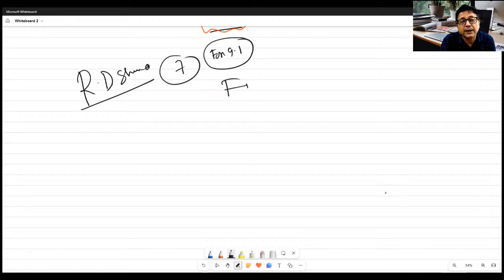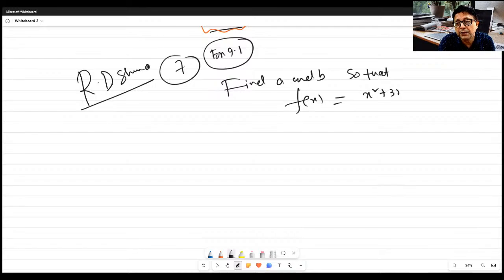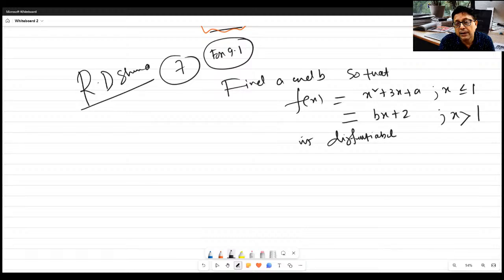Find a and b so that f(x) equal to 3x plus a, bx plus 2, x greater than 1 is differentiable at